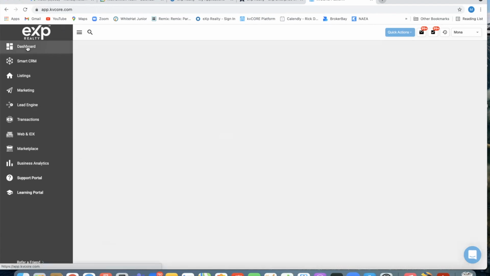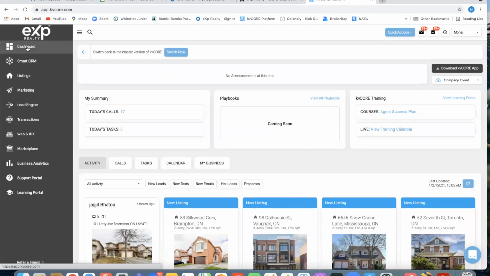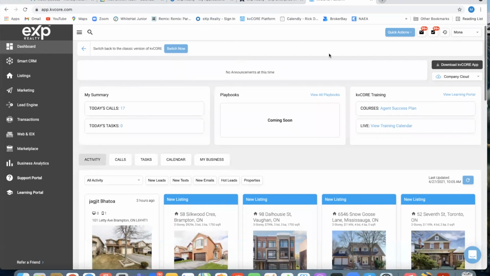Okay, so dashboard. On the dashboard, a lot is happening here. For those of you who joined a little bit later, we are on the new version of kvCORE. Eventually, kvCORE is going to turn into this. So we might as well just start practicing and learning from that. If at any time you want to switch back, you can, but let's try to do something different today and let's get familiarized with the new system. So on the top